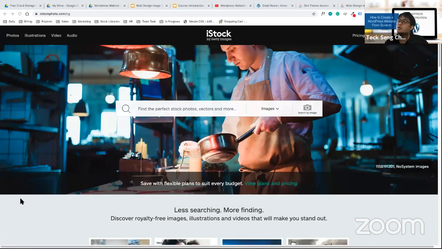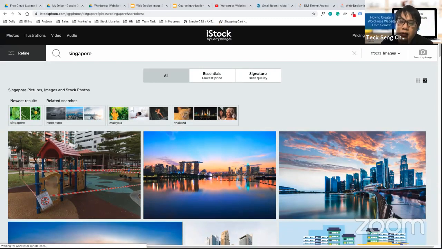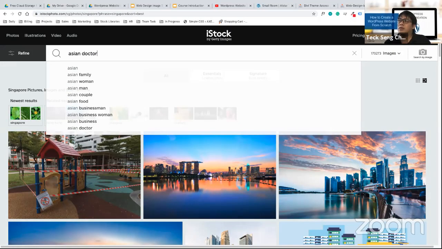For iStockphoto.com, the good part is that it is open. Sometimes people don't want to use something just because it's free, or because it's chargeable. But for example, on iStock photo here you can see there are some different photos. The good thing about iStock photo is they have a lot of Asian photos. For example, if you search for Asian doctors, they have a lot.